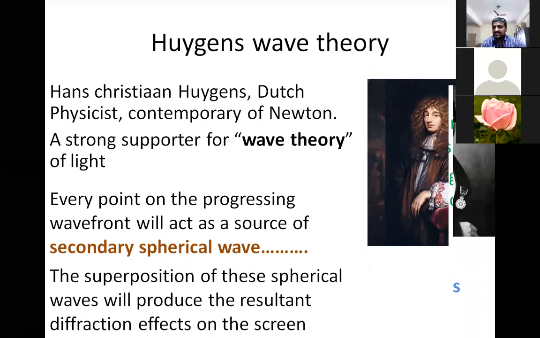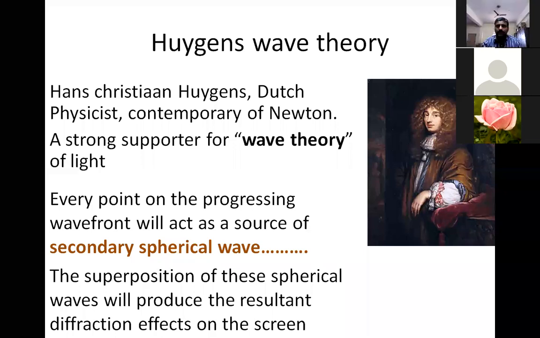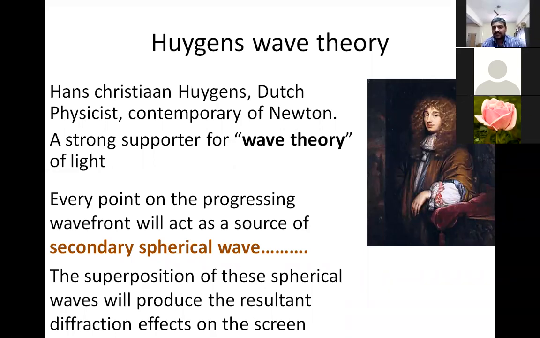Ultimately, after the 20th century, people have declared that light has both kinds of natures. So it behaves like a particle as well as a wave. That part we will discuss in quantum mechanics anyway. So in this discussion, we restrict ourselves to the wave nature of light. In this wave nature of light, he proposed a simple principle called Huygens principle. So what he said is, when a light ray is propagating, definitely it is a wave. So the propagation of the wave at future times, that is, at time t equal to 0 the light ray has started, and at time t equal to 1 second or 10 seconds, for example, where the light ray will be and how its shape will be,